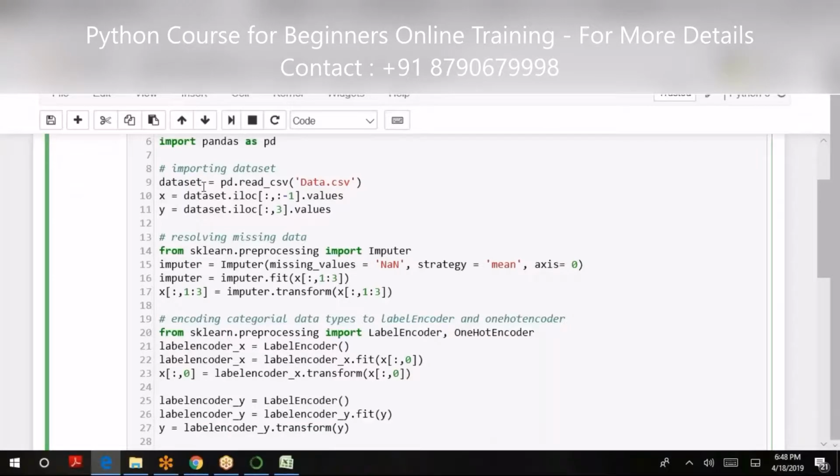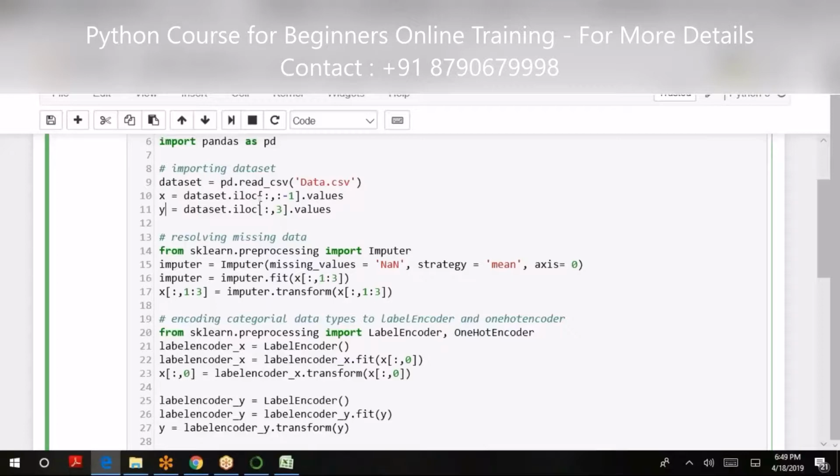Now here I can extract the x-axis and y-axis of it. To do so, some matrix manipulation is done. We will discuss all these things in detail when we go to NumPy.